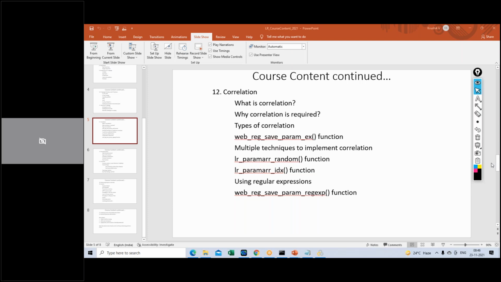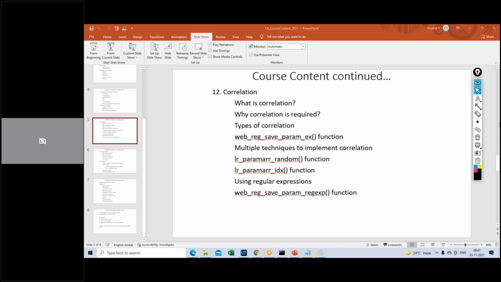Someone is asking what is the difference between LoadRunner and JMeter. Both are performance testing tools, and both have a good share in the market. Especially when it comes to LoadRunner, companies like banking, financial institutions, and all top MNCs use LoadRunner considering the security factor and also the number of protocols it supports.